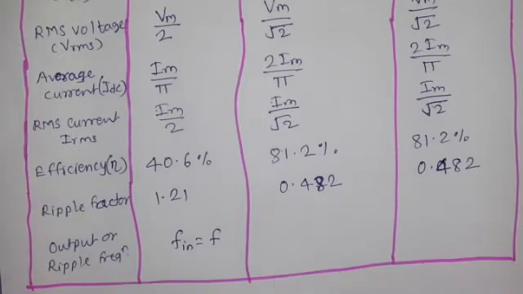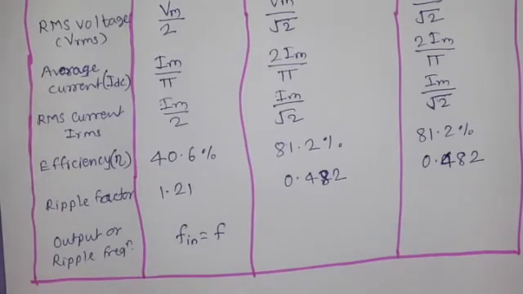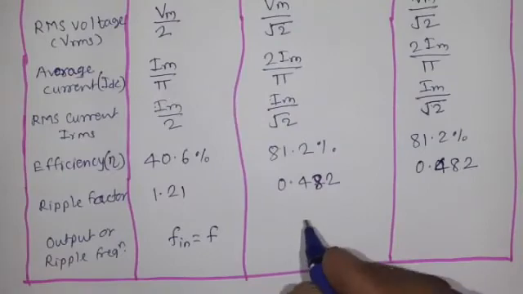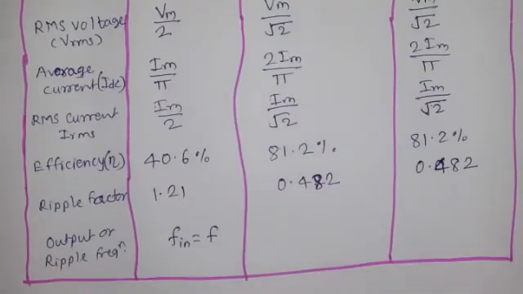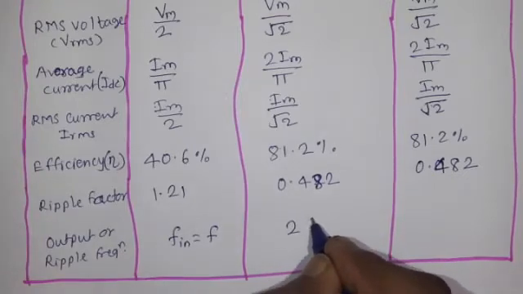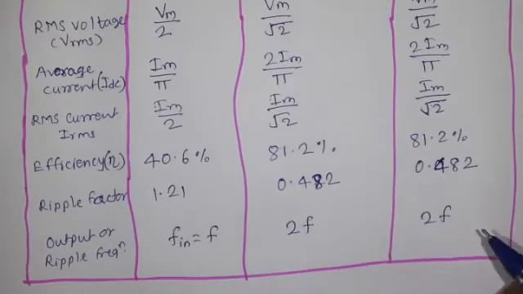Here, for the full wave rectifier with center tap or the bridge rectifier, the condition changes. For one positive and negative half cycle, for one cycle of AC input, we get 2 half cycles at the output side, and therefore the frequency increases and becomes twice f. For this case also, the frequency becomes 2f. It means the ripple frequency or output frequency for the bridge rectifier and center tap transformer is double the input frequency.